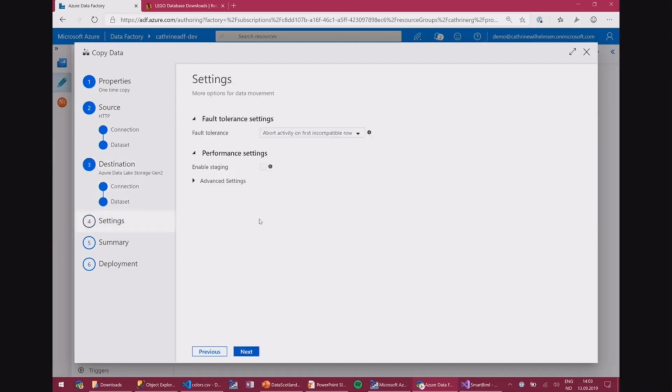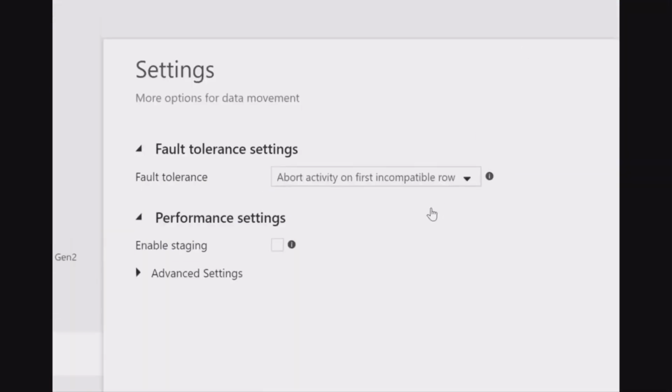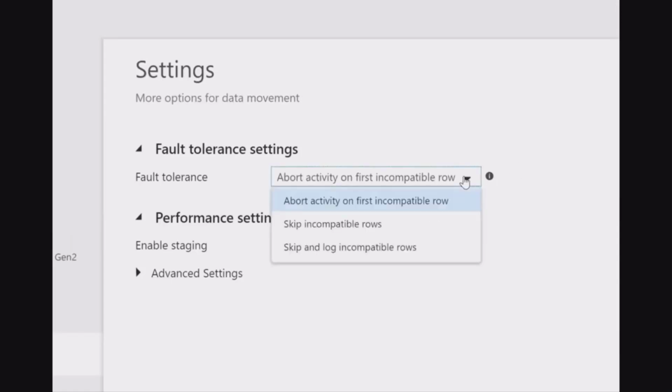And then on the next page here is something kind of interesting. You can set the fault tolerance settings for the copy data activity. In this case, it's going to default to abort on first incompatible row. So if you have some text files that have different columns, or you have the column delimiter inside of a column, how many of you have had those loads fail on you for that? Yeah.